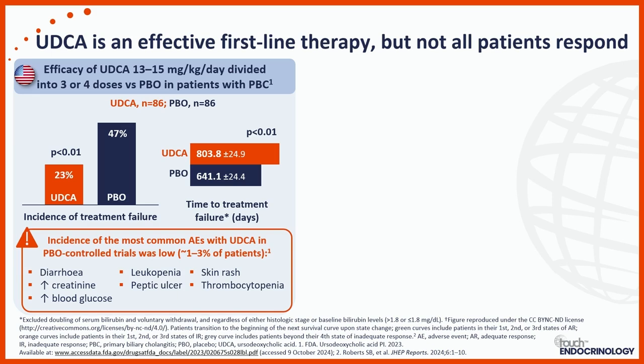The average decline in alkaline phosphatase with urso is usually about a couple of hundred points. So if that alkaline phosphatase is very high, you use urso first line, but be aware that it's very unlikely to get the alkaline phosphatase down to normal. Now, the time it takes to get a stable alkaline phosphatase once you start urso is about 9